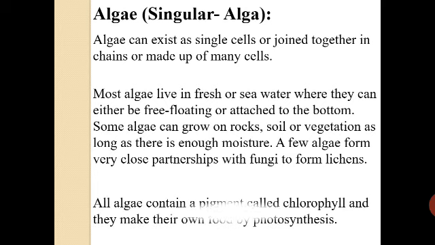The unique thing about algae is that algae contains chlorophyll. Like in green plants, we know chlorophyll is there, which is responsible for the process of photosynthesis, that is, green plants can make their own food. In the same way, algae contains chlorophyll, and because of it, it is capable of making its own food by the process of photosynthesis. This is how this microbe is totally different from the rest of the four microorganisms. That is, it is under the category of autotroph somewhere.